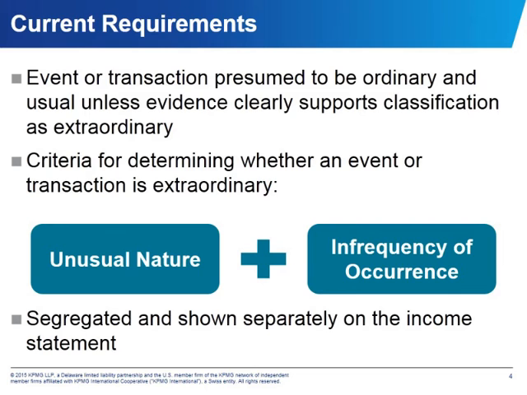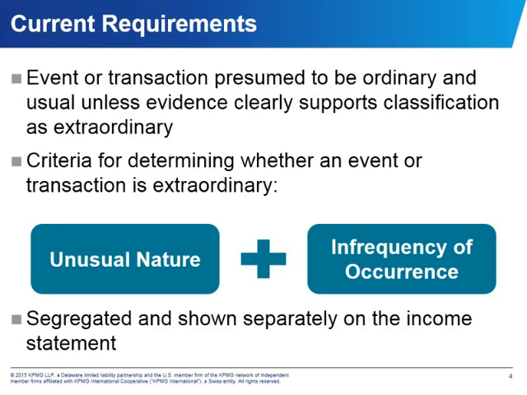Extraordinary items are events and transactions that are distinguished by their unusual nature and by the infrequency of their occurrence. Both of the following criteria need to be met to classify an event or transaction as an extraordinary item. 1. Unusual nature. The underlying event or transaction should possess a high degree of abnormality and be of a type clearly unrelated to or only incidentally related to the ordinary and typical activities of the entity. And 2, infrequency of occurrence. The underlying event or transaction should be of a type that would not reasonably be expected to recur in the foreseeable future.